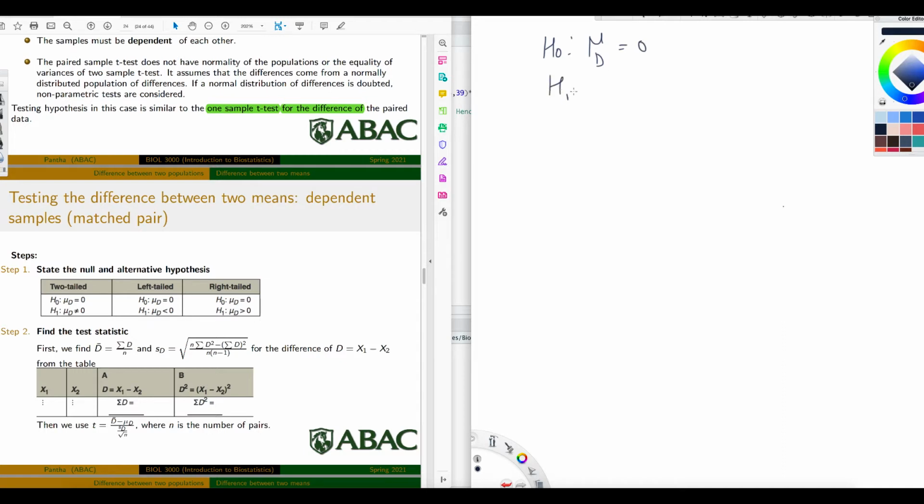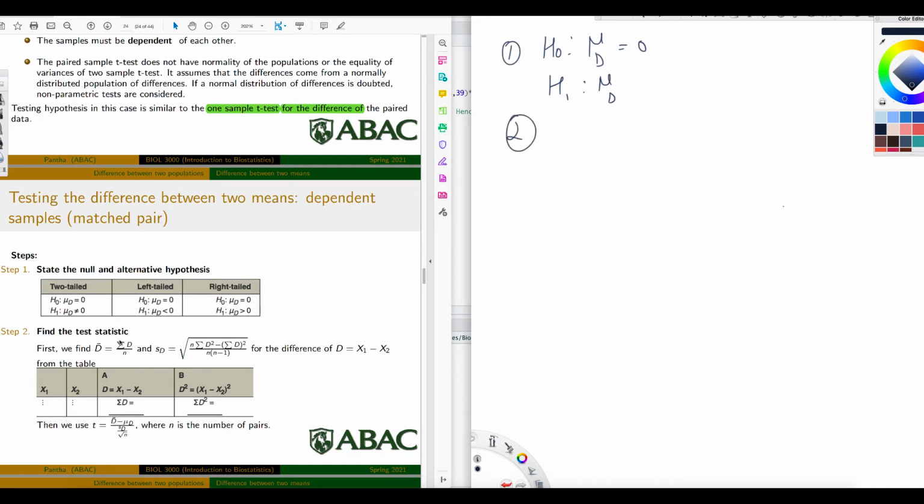So what are the steps? Step 1: you can write mu1 minus mu2 equals 0, but usually what we write is mu d, the difference between the means. So H0 is mu d equals 0, and H1 is mu d greater than 0, or less than 0, or not equal to 0, depending on whether it is a right-tailed, left-tailed, or two-tailed test. Next, to find the test statistic,